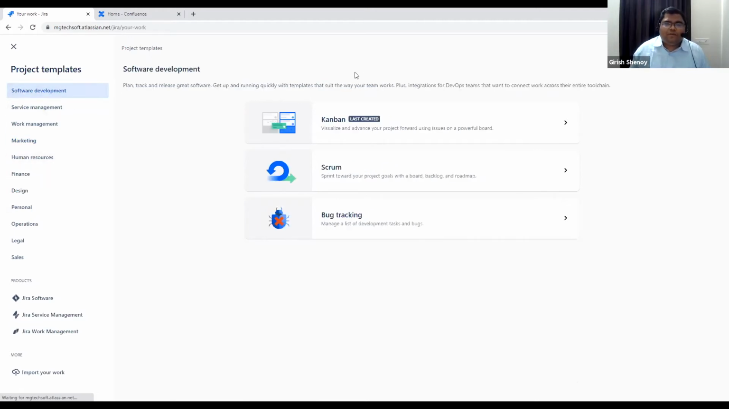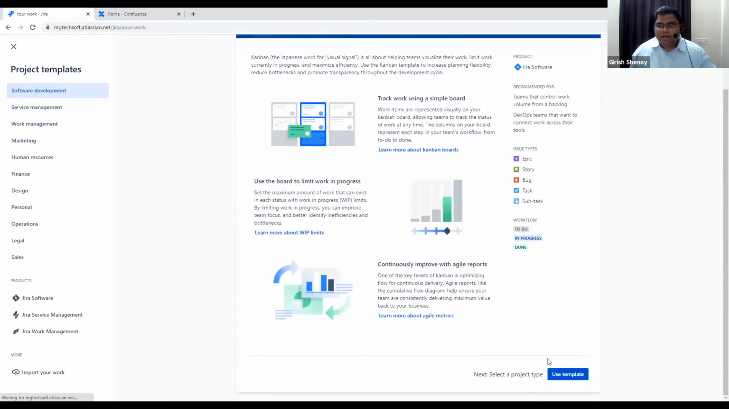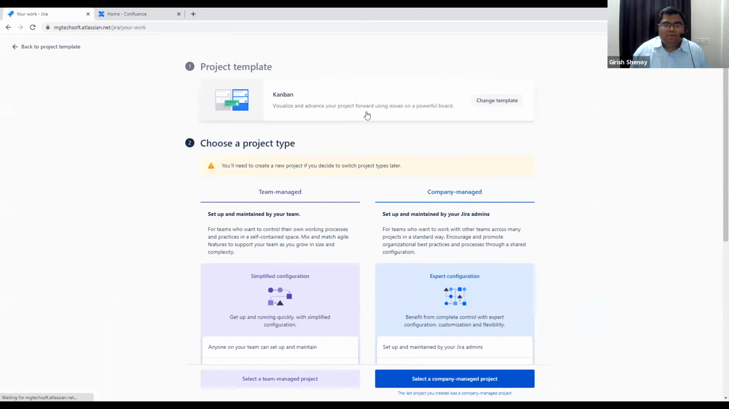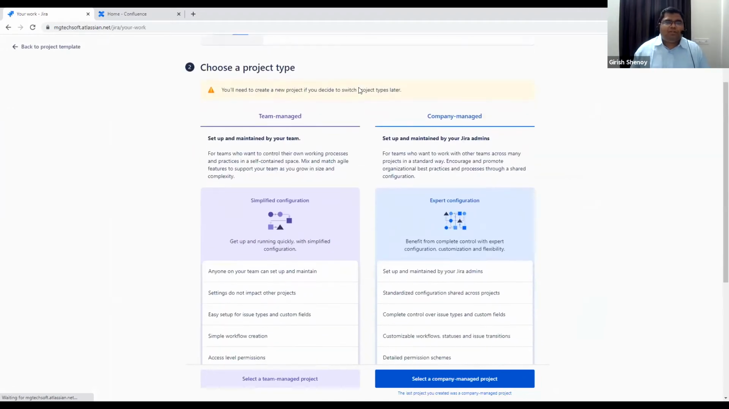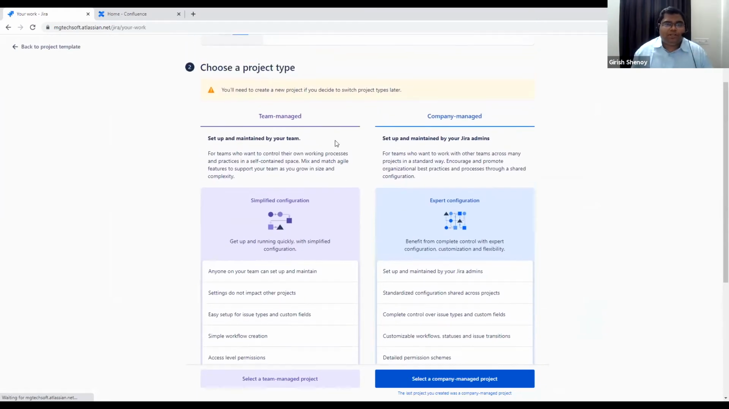We'll create a software project right now. So I'm going to select Kanban. Now it is going to ask to select a project template. So I'll use this template, which is Kanban. Now it is going to ask me, do you want to create a next-gen project, or I can say team managed project, where you can have your own workflows, your own statuses, fields, and all that. Or you can have a company managed